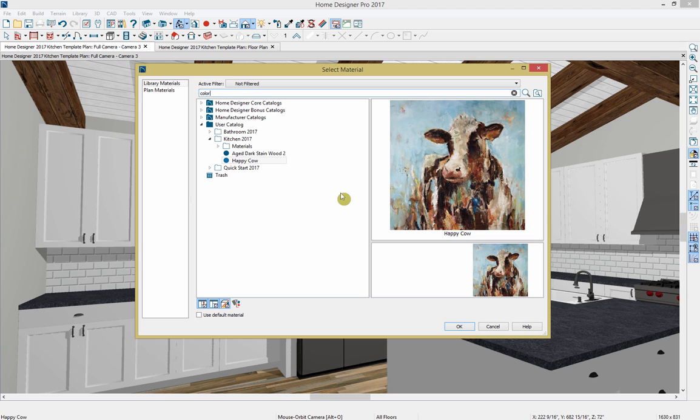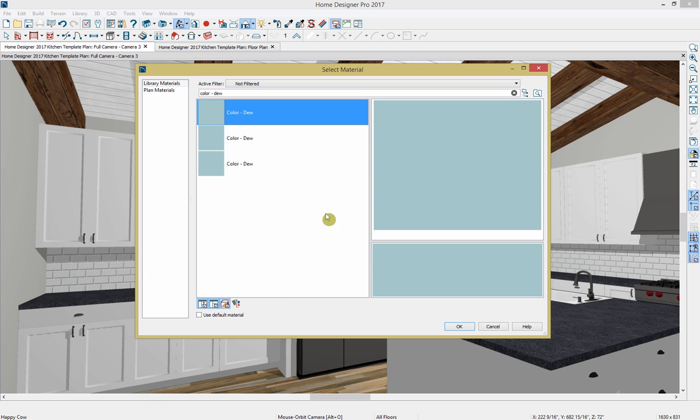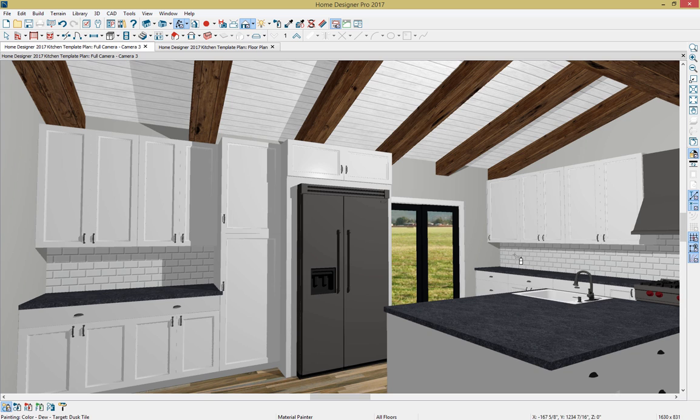So I can type color, and then I'm going to choose do, and it's going to bring up this blue color that I'd like to use on my cabinet. So I'll click OK. And then I can click on my spray can and then on the cabinet. And I want to show you down in the edit toolbar, we have a couple different options for pasting. So right now I have component mode selected. When I click on that cabinet, it's just going to change a particular part of the cabinet because I only